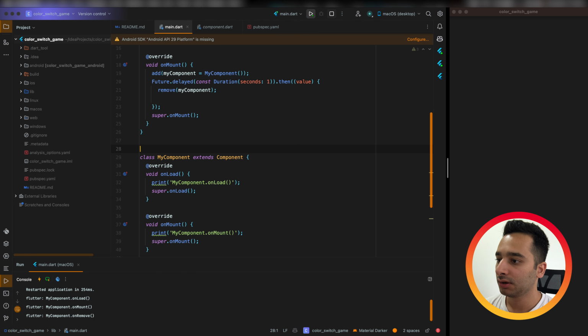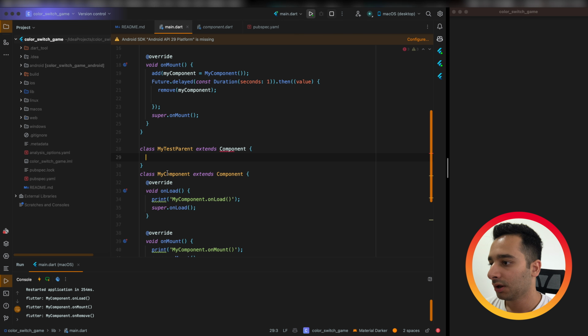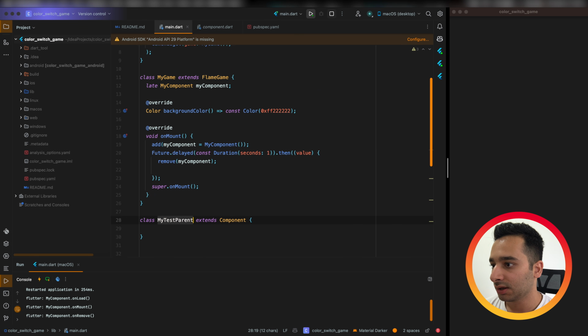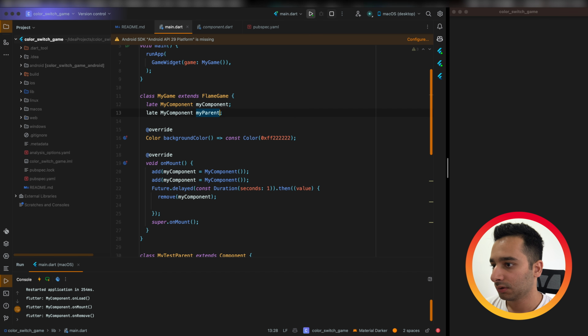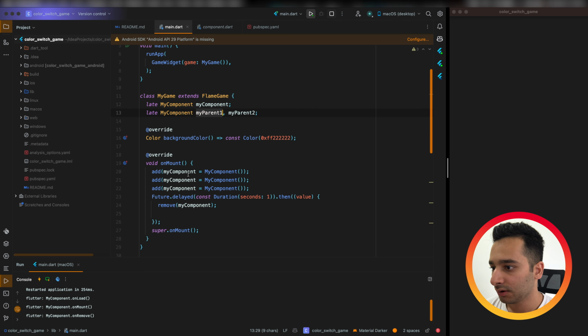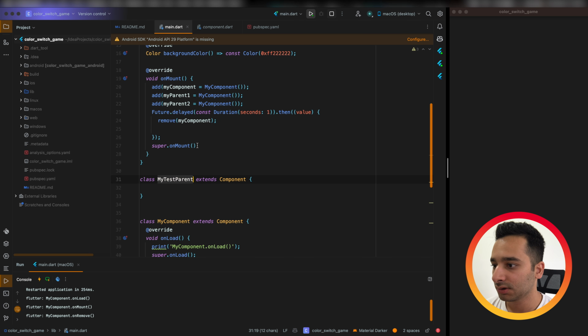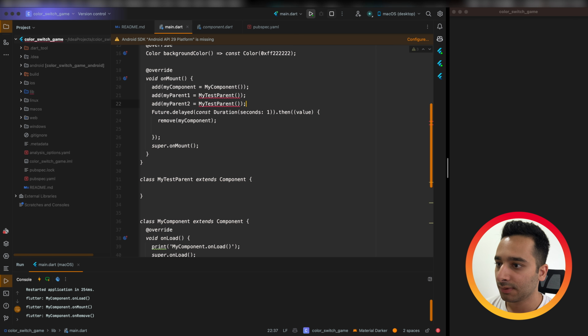We call it class MyTestParent, which extends a component, and it is just a test component. My parent 1 and my parent 2. So we are gonna add my parent 1 here and my parent 2 here, and the type is MyTestParent.